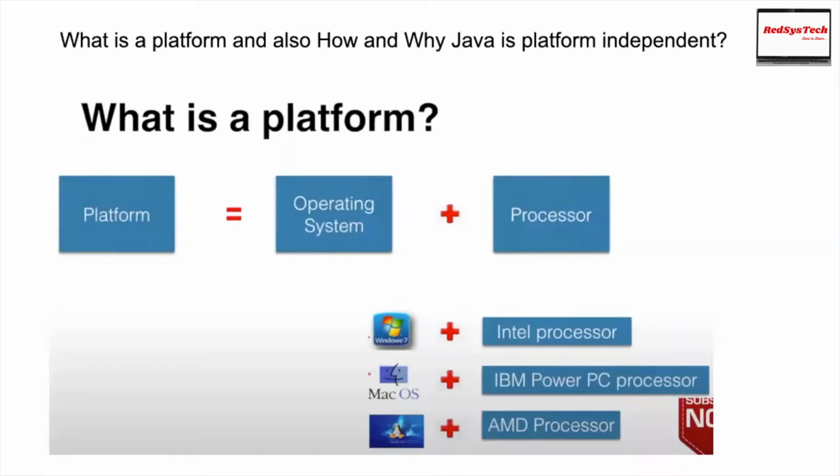And now we are getting into the topic of what is a platform and why Java is platform independent. When I say platform, it is nothing but the operating system and processor, right? Whenever we buy a laptop, it can be a Mac OS or a Windows laptop. Mac OS is an operating system, Windows is an operating system, and the processor is nothing but an Intel processor or IBM processor, or AMD in terms of Linux, right? The combination of these you can call a platform. That is the reason in olden days they used to call laptops platforms.